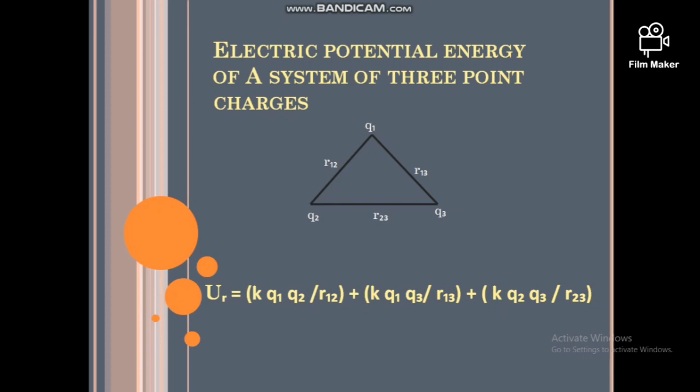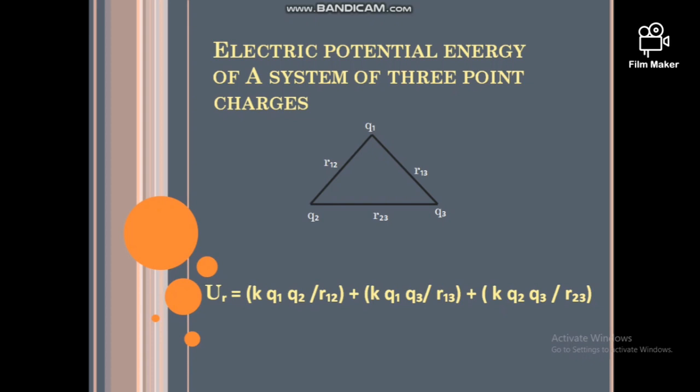This is the electric potential energy at point B, and generally this can be written as U of r equal to K Q1 Q2 over r. The electric potential energy is negative if the electric force is attractive. It means the signs of Q1 and Q2 are opposite. The electric potential energy is positive if the electric force is repulsive, that means similar charges.